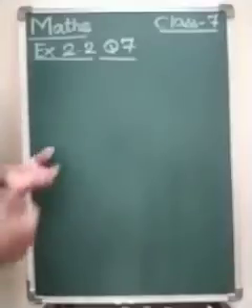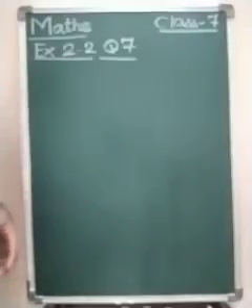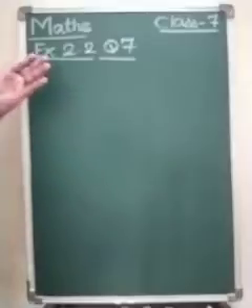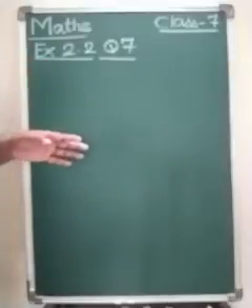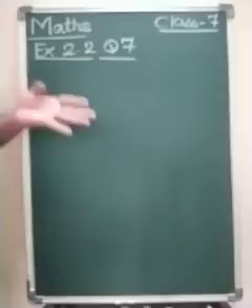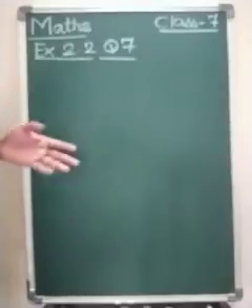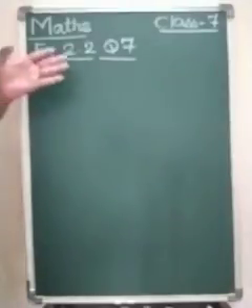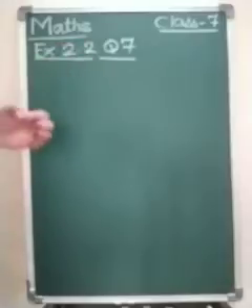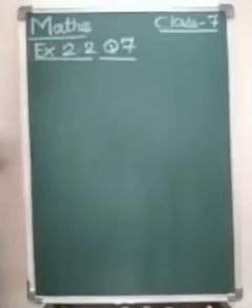Number 7. Again it is of the same type. First of all, we have seen a whole number multiplied by a fraction, then half of a whole number, half of a fraction, half of a mixed number. So this is what we are going to start here in question number 7 also. Let us start, we have to find out.